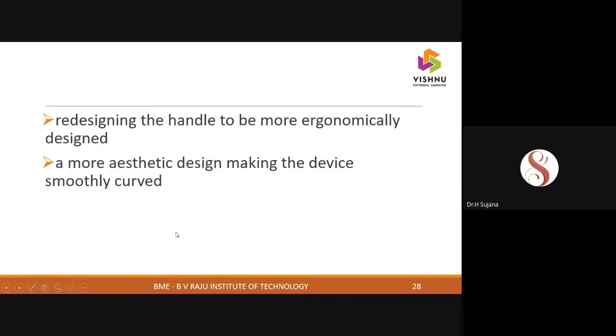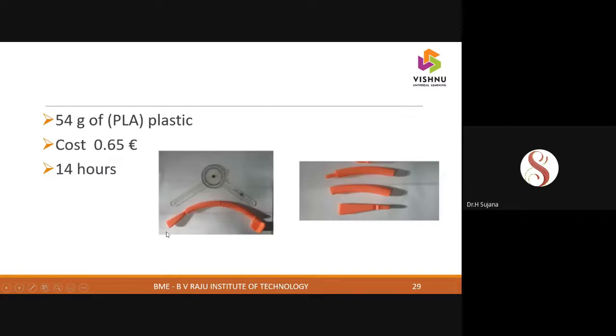the lady used that fork holder and gave a lot of feedback. She wanted a proper ergonomic design with a smoothly curved surface and all that. She wanted an aesthetic design. So they went back, redesigned it, and came up with this device. You can see what they have developed. The pinkish thing you see here is the fork holder they gave, which can also be dismantled. It can be removed and connected again.